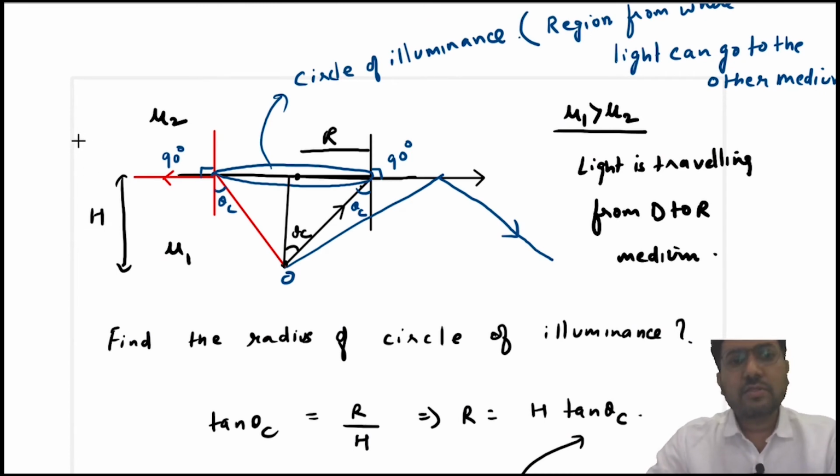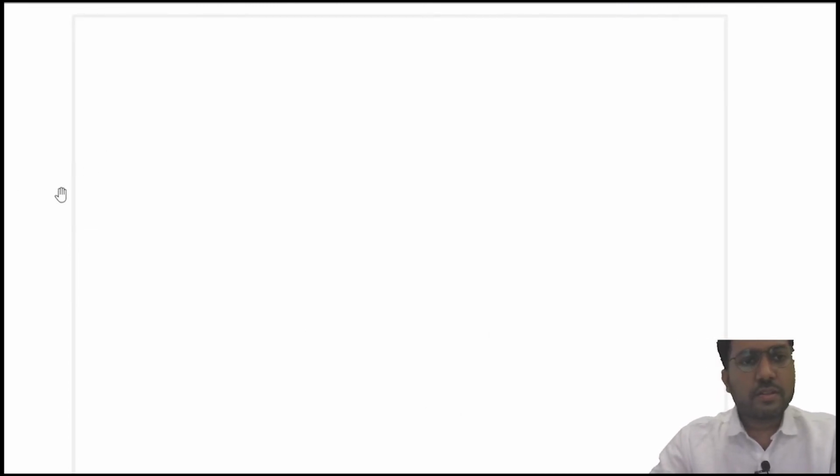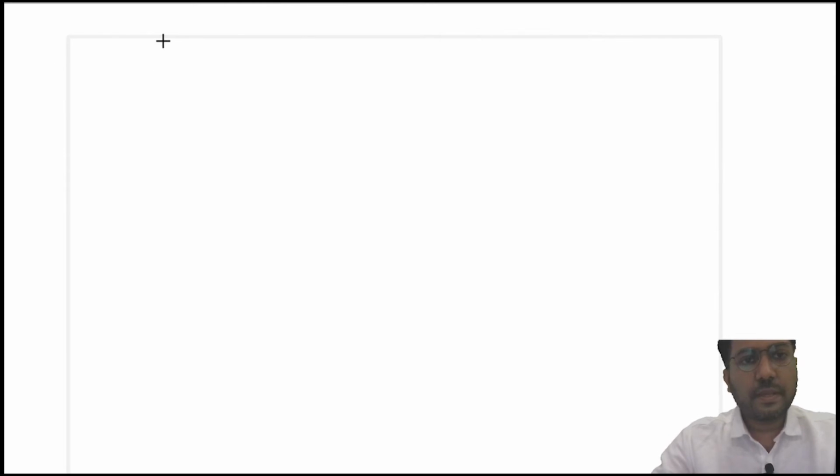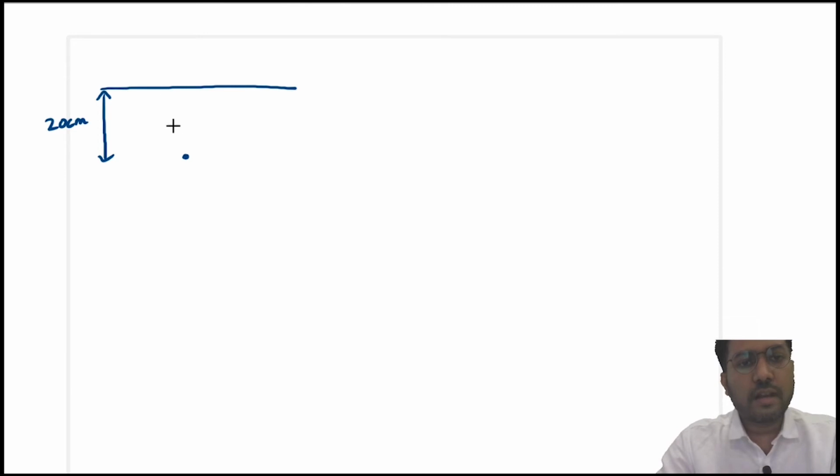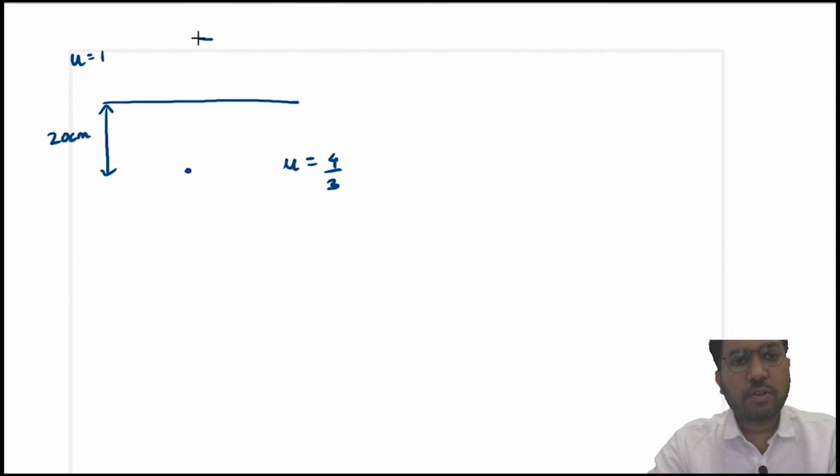Now let us do one problem based on circle of illumination. Suppose you have an object here which is at a distance 20 centimeter below the surface of water. So this is water whose refractive index is 4 by 3, and this is air, refractive index 1. Okay, and you are viewing from the top. Then find the